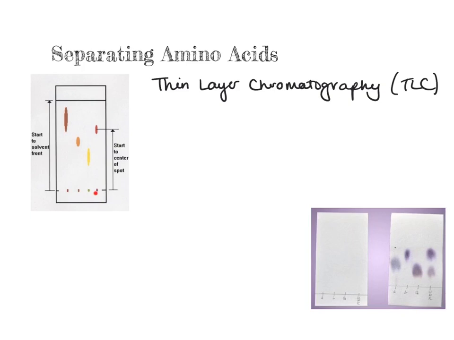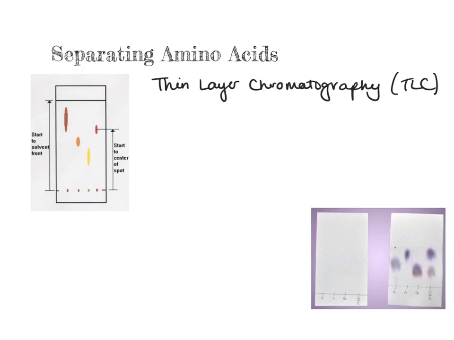The solvent will take the soluble amino acids up the TLC plate, and they will come out at different distances depending on the solubility of the amino acid. Because all the amino acids have a different R group and a different structure, they do all have different solubilities, so this works out as a good way of separating amino acids. So a very simple way of determining whether you've got a certain amino acid is to compare your mixture of amino acids with some known amino acids and see if they come out at the same distance above your baseline